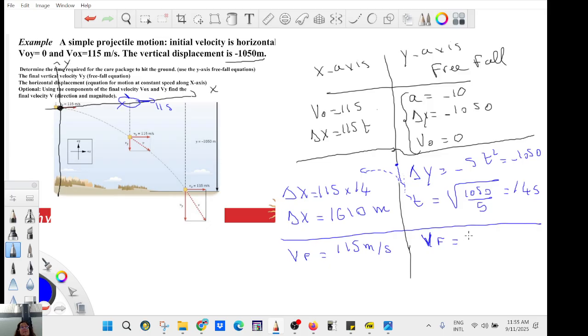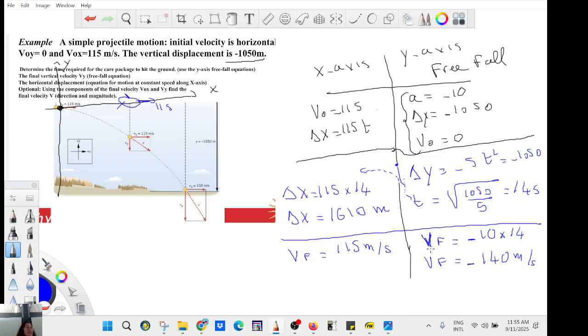Exactly, you have an acceleration, right? So it will be minus 10 times 14. So final will be negative. Okay, so usually